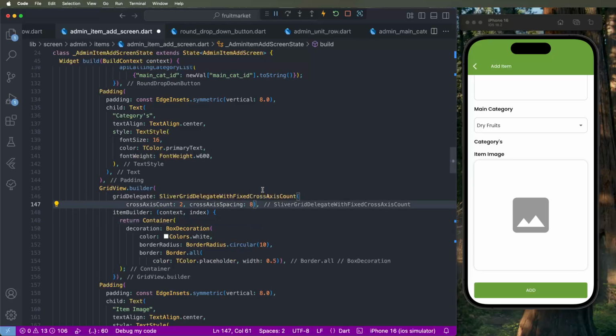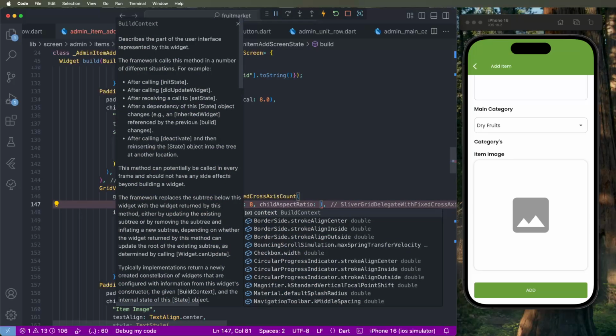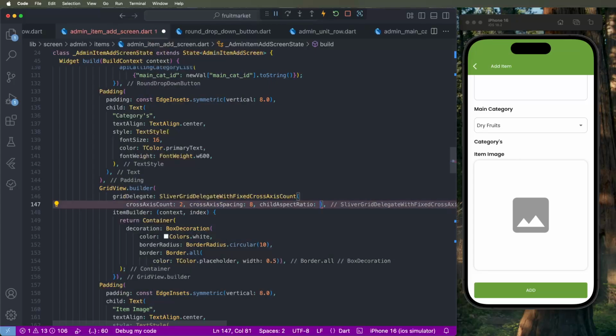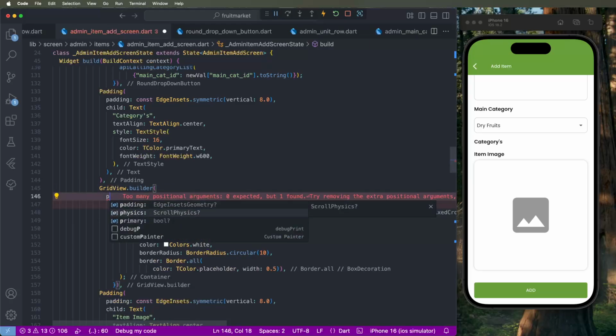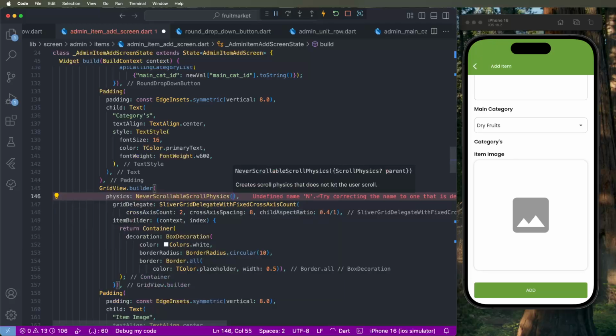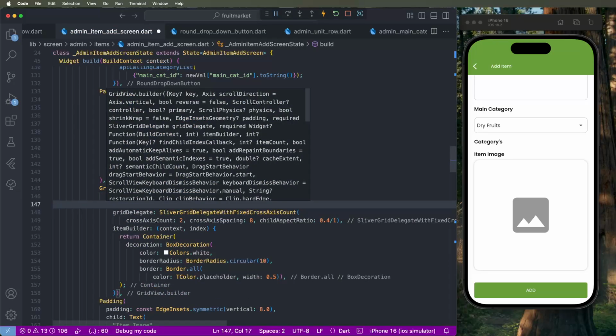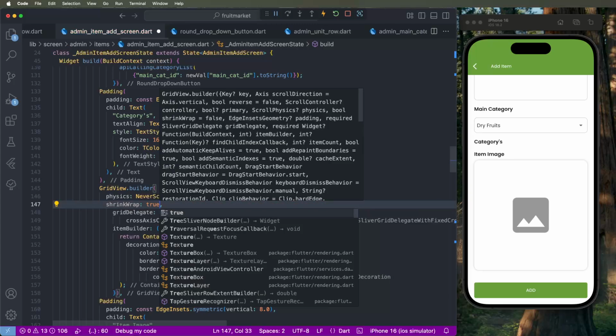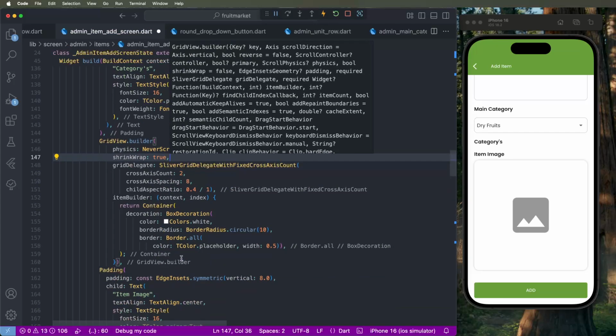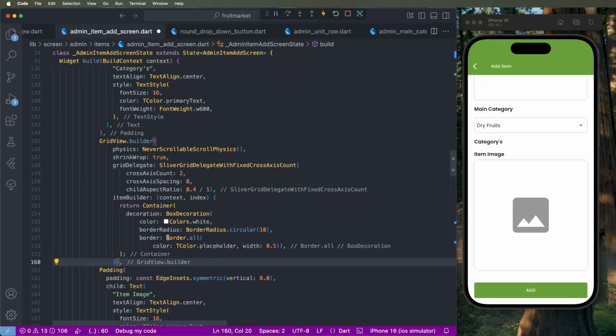And then after, need to use here the cross axis radius. Need to now set here the 0.4 by 1 like this configures. Then after give this here the switches never scroll. Then after need to set here the sync graph. Need to set here the true like here's and item